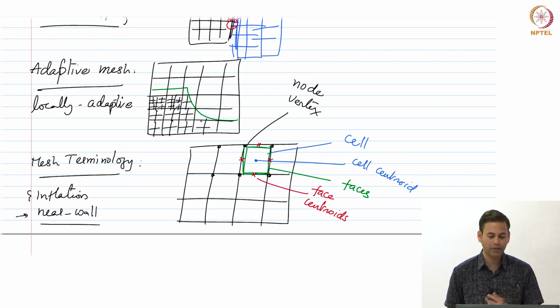For example, let us say we have strong gradients in a particular part of the flow. Okay. Then I would want a mesh that is much finer in those regions. Okay. For example, near wall mesh is something that you create before you start your simulation, right. You know that, okay, I have these walls, near these walls I would create a very fine mesh,